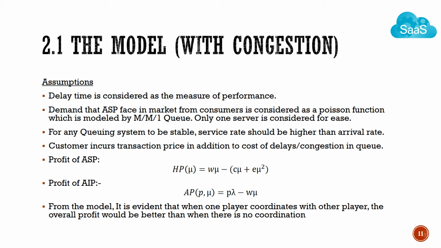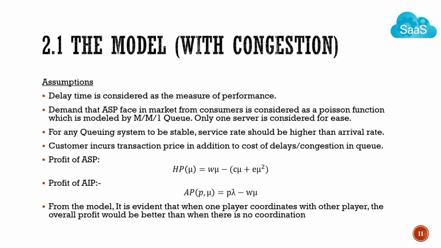model, instead of analyzing the quality and the time to deliver as separate components, we will model only the delay time as a measure of performance. The players ASP and AIP could reach a Nash equilibrium through proper coordination, as we have discussed before. So consider that the AIP provides the infrastructure to the ASP at a price W, and the ASP sells this infrastructure, or this value added service, to the customer at a price P per transaction. Let the AIP's marginal cost be C and